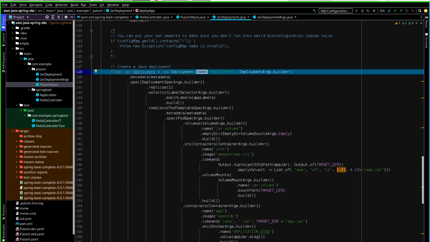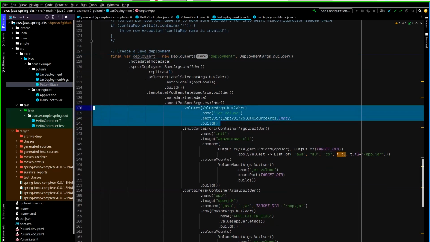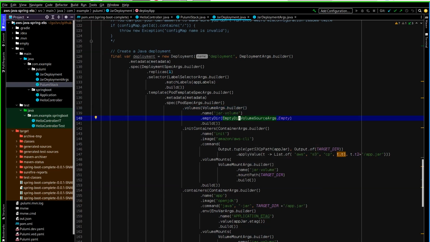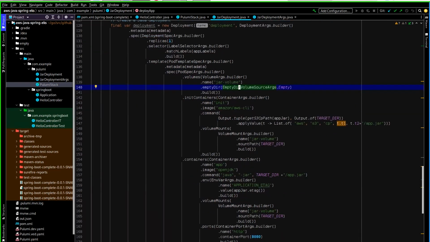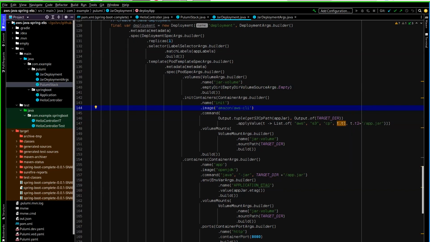So in order to accomplish the thing that I mentioned earlier with grabbing the jar from S3, we have created a volume over here. We've configured it with the basic options for empty directories, and we are going to mount it to this init container and have this init container use the AWS CLI Docker image, and then pull this asset from S3 into this volume.